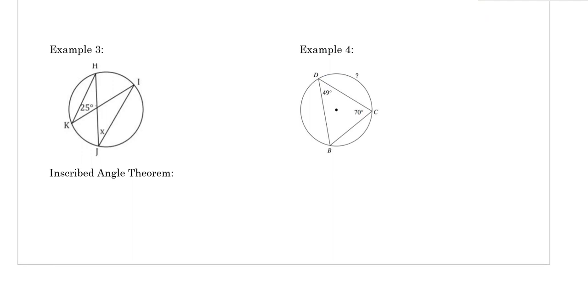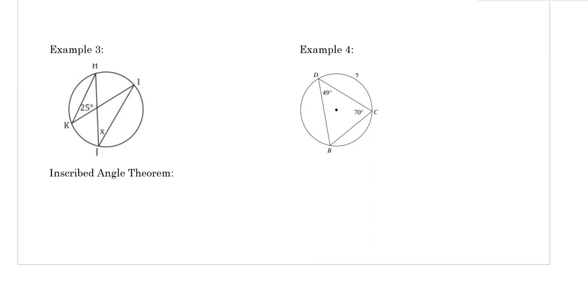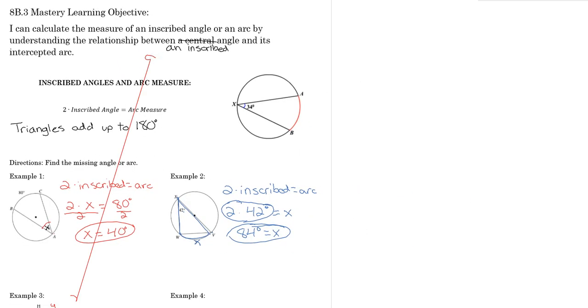All right, let's look at example 3. I want to look at what I have and what I'm solving for. I have this angle, and I'm solving for this angle. Well, this angle can give me this arc, so I'm going to call that y and solve for that first. So again, 2